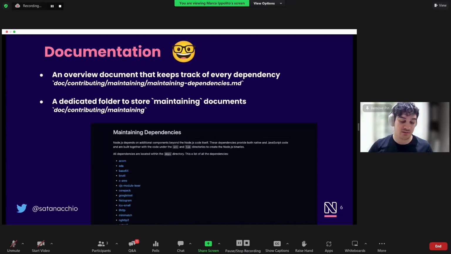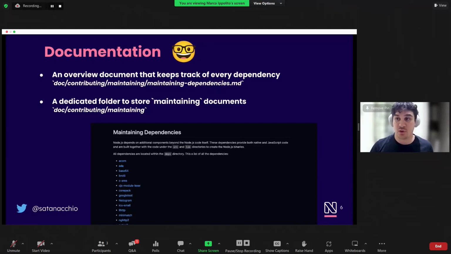This is something that Node.js was lacking. It relied on a sort of tribal knowledge to know exactly what every dependency was doing and how to update it. So having a document really helps the community and also makes it easier to contribute